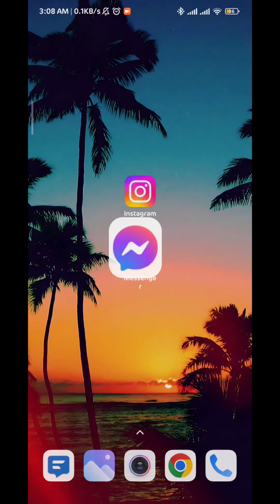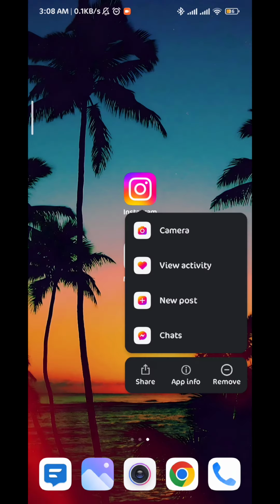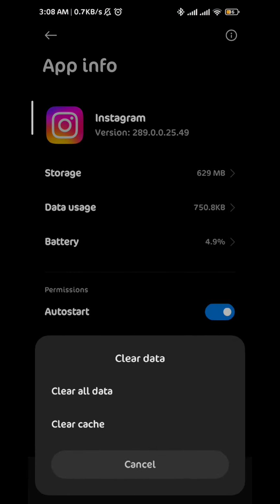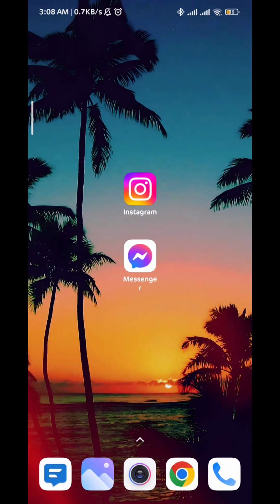Now quit the Messenger app and long tap on the Instagram app. Tap on app info to go to your app settings. Tap on clear data and then clear all data. Just like that, once you log back into Instagram, the problem should be solved, and that's how we do it,